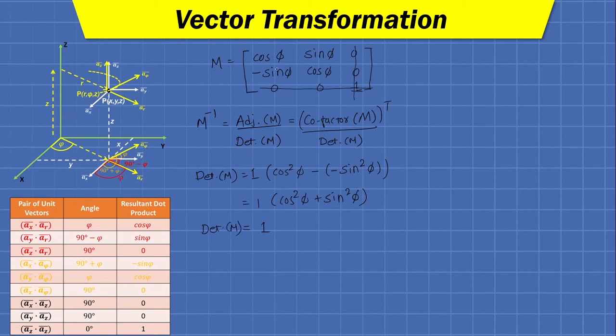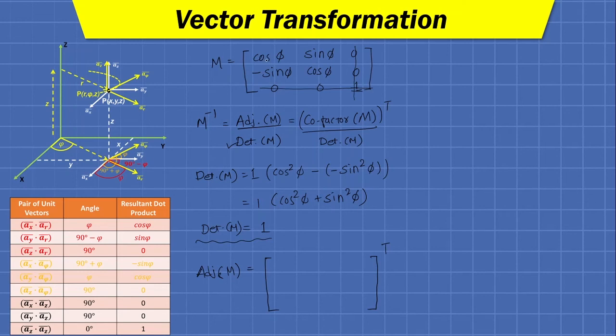It is very obvious because all the dot products were performed on the base vectors. So its determinant will also be unity. Now finding the adjoint of M. Here one part, the denominator part, has been completed. Now we are trying to find the adjoint of M. So first we will calculate the cofactor and then we will take the transpose of it.